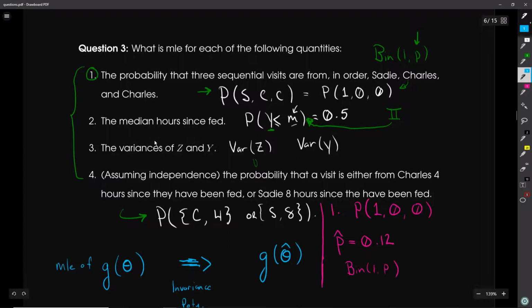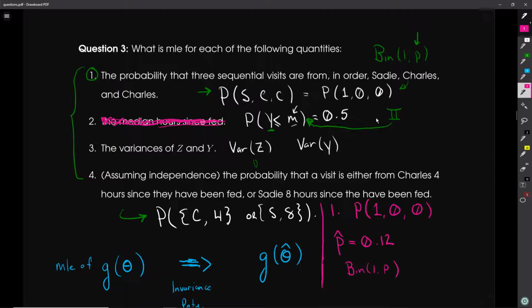So let's take a look at part 2 now. Part 2 says the median hours since fed. Unfortunately, this came from an earlier version when I was treating this hours since fed variable slightly differently. So we're not going to look at part 2, because it's not as straightforward given the distribution of the hours since fed. Instead, why don't we consider